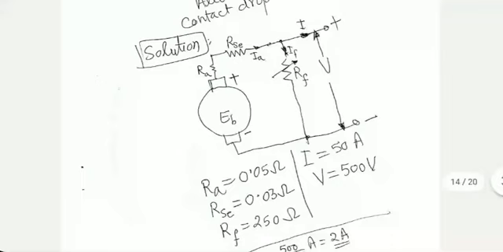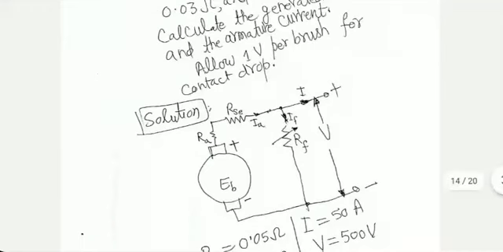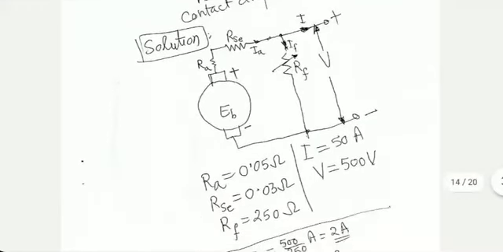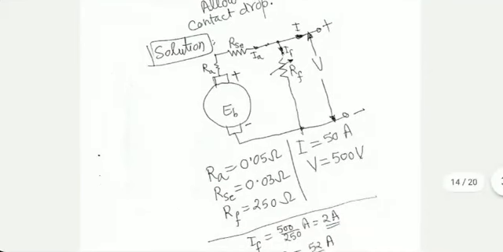The flux produced by poles will be determined by current in RSE as well as current in RF. And RF, although we have been given a fixed value, in general RF can be a rheostat. We can keep changing its value to optimize the performance of the generator, depending on the load conditions, etc. That's why I'm showing a variable resistor there. In this particular case, it is not a variable. We are given a numerical value for it.